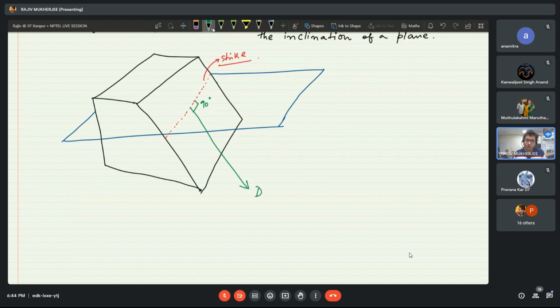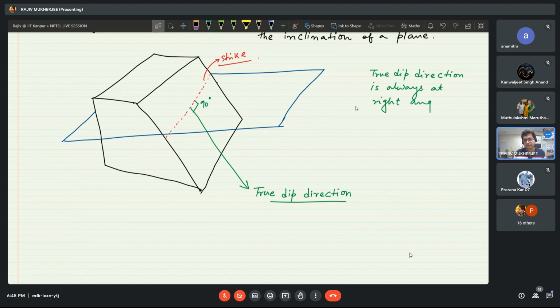So this is the true dip direction. True dip direction will always make 90° with the strike, always at right angle with the strike,